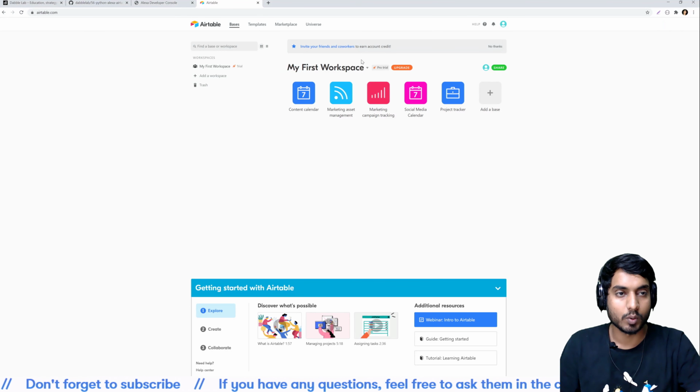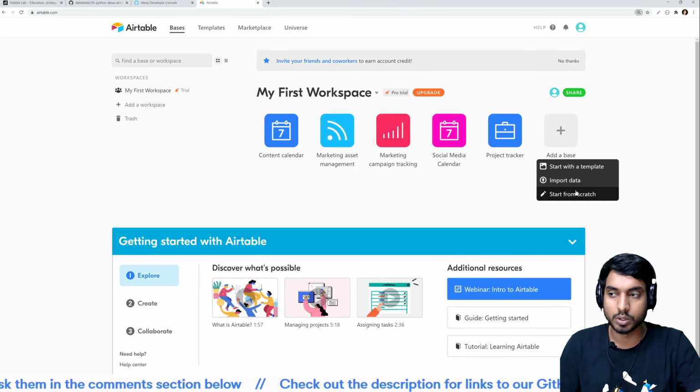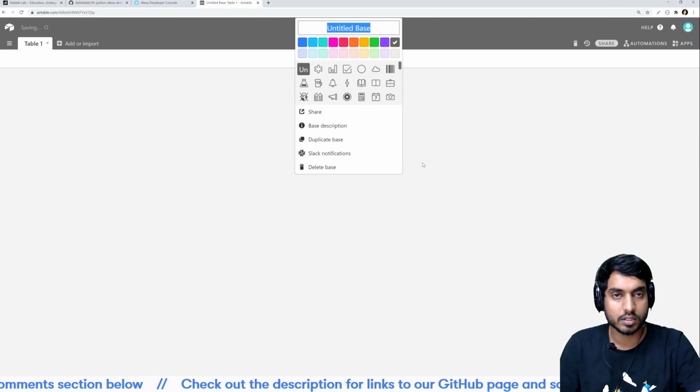Once you reach this page, what you need to do next is to create a base to start with. So you'll see an option with a plus sign which says add a base. Just click on it, and you'll see three options. So select the third option which says start from scratch,